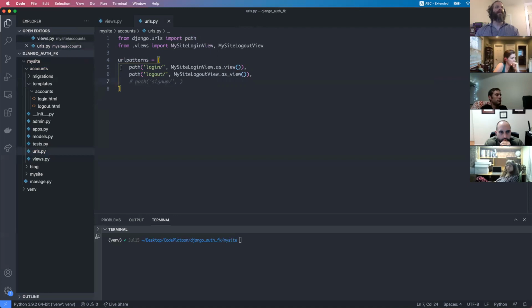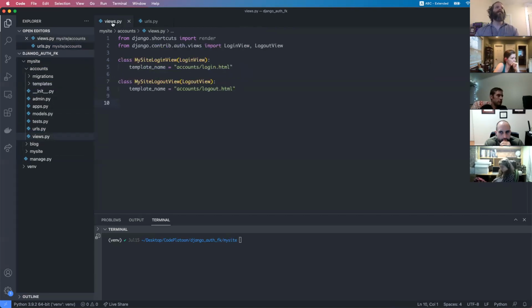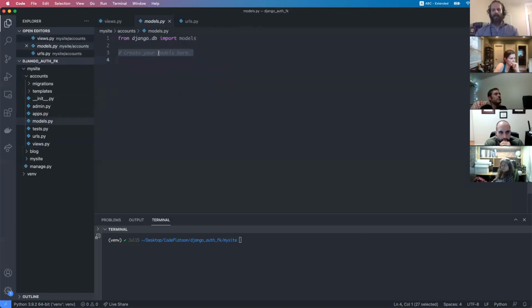Okay, so we have our views and our URLs set up, and let's go to the models. So here we're going to subclass from user. We could just use user directly, but the recommended thing to do is a subclass. So the user object is located inside Django from